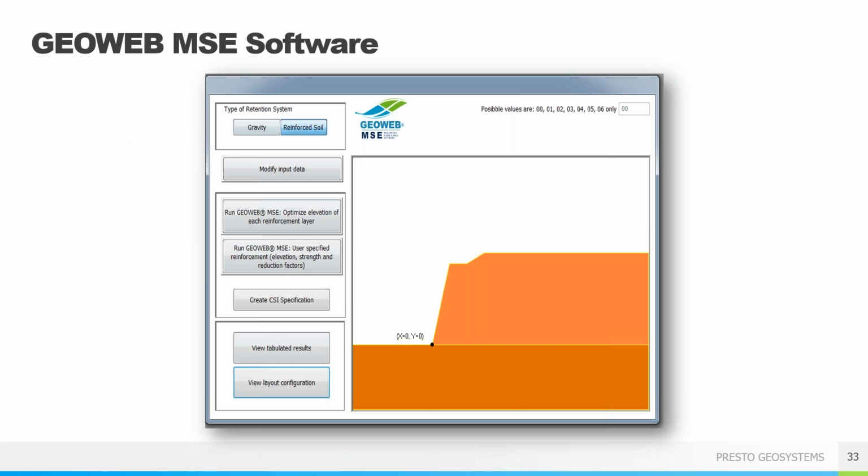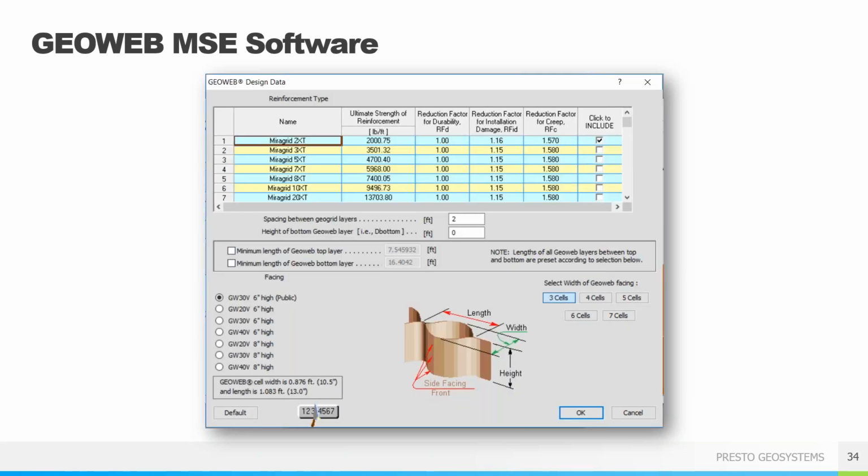So here's the software. It's completely free. We have annual updates on the software every December, because we typically do have some improvements to it. It's very important to have your geotechnical conditions, whether it's a site investigation, borings, or whatever, when you're looking for any type of GeoWeb or any type of wall for that instance.